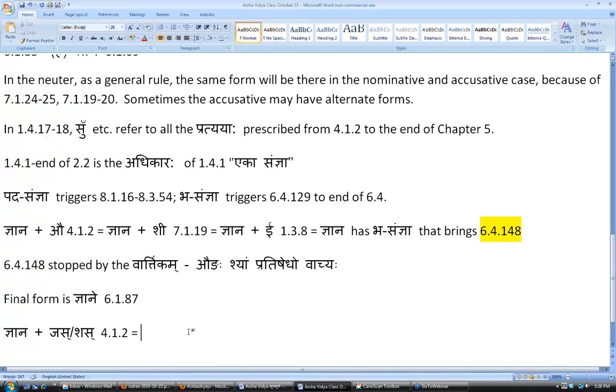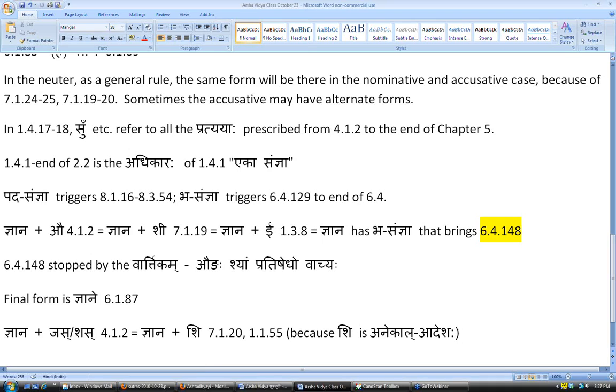So in place of this, we get jnana plus she, and this is by 7.1.20, and also the anekal-shit-sarvasya. We put it in brackets because this she is anekal, anekaladesha. Okay, so that's what it is,